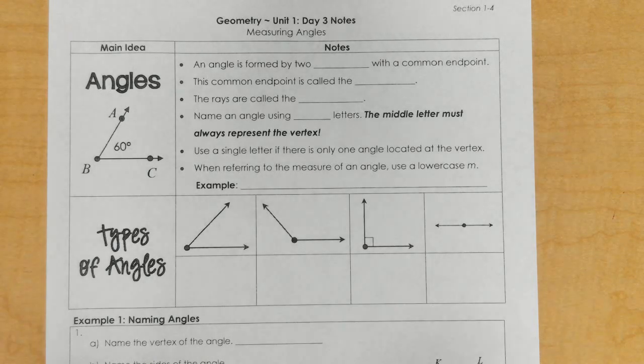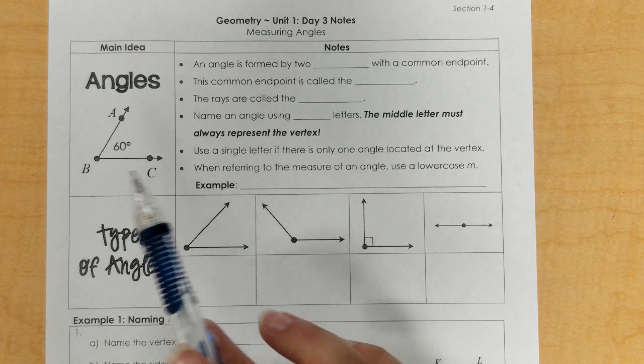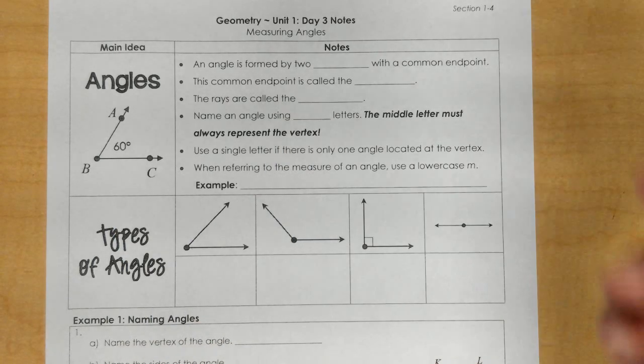Okay, for day 3 notes, it's about angle measurements, angles. So we'll learn many different things about angles. The first part should be a little bit of review here on the types of angles. So an angle is formed by 2 rays